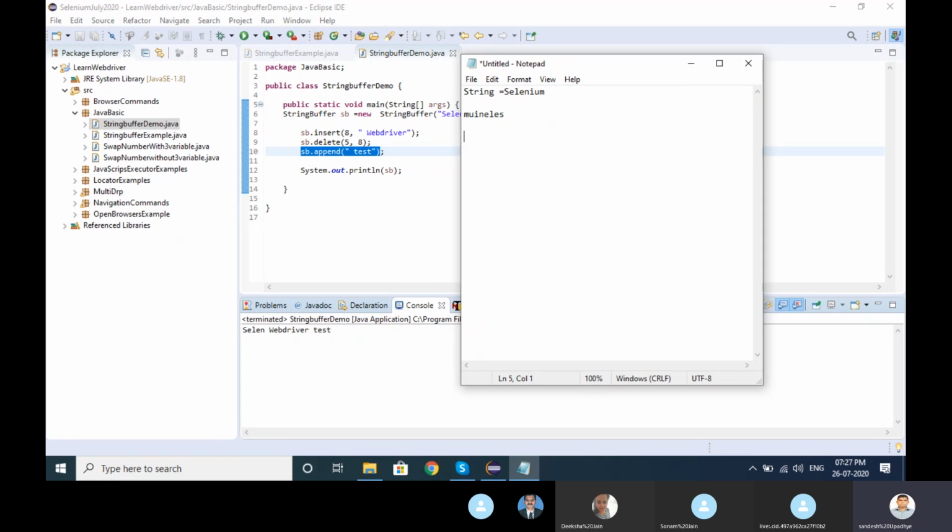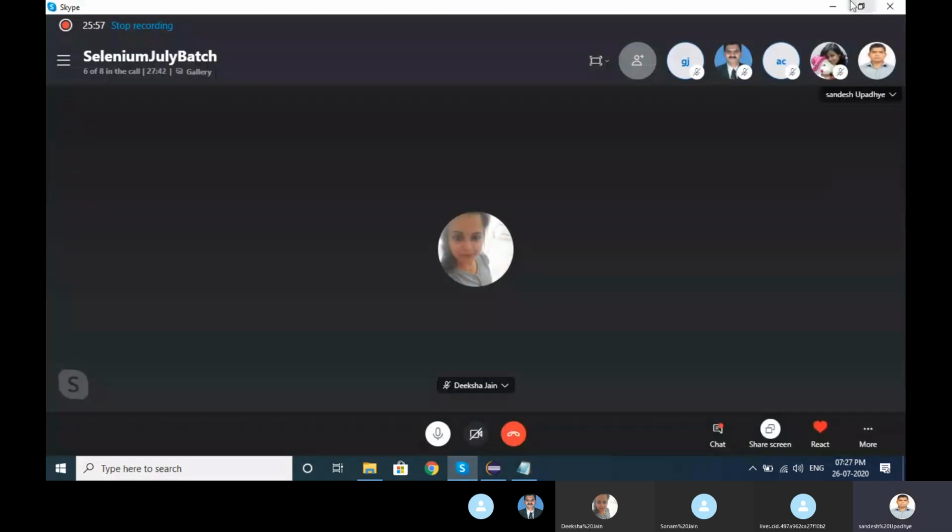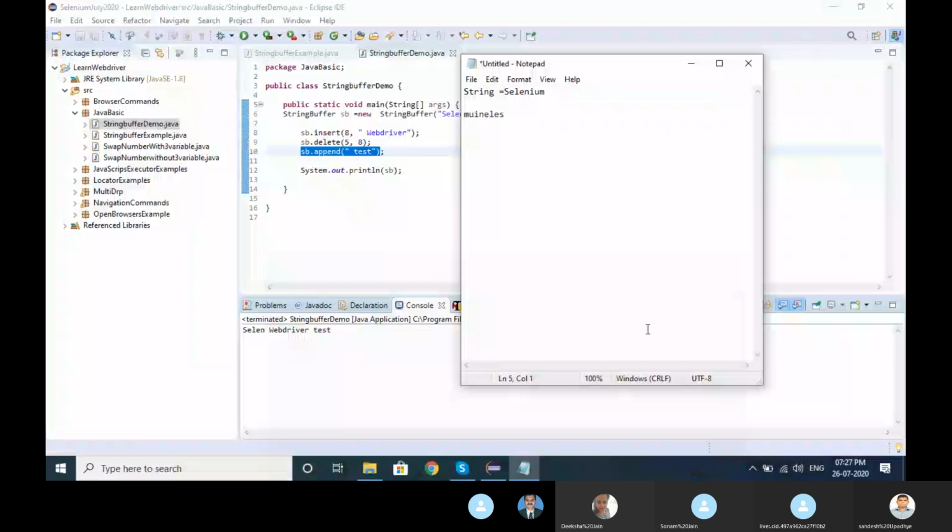Gopi, Abhay, Sriyash, Sonam, Jaya, who is remaining? Diksha. You got my problem statement, right? I just want to reverse a string. I put the string as Selenium and I want the output to look like this. It's very simple. Okay, if anybody is telling, just go ahead, else I will explain how we do this.